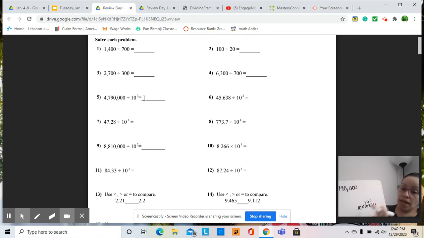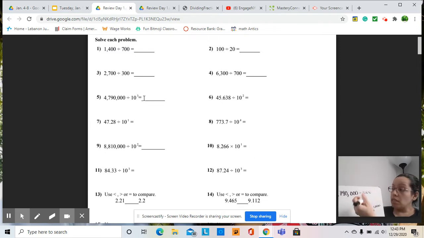So when I do that, I just have 10 times 10 times 10. What I can do is, I know that the 1 is going to stay the same, and all I have to do here is count how many zeros are in my multiplication, okay? So I do 1, 2, and 3. So that means that 10 to the power of 3 is 1,000, okay? So if I'm dividing it by 1,000,